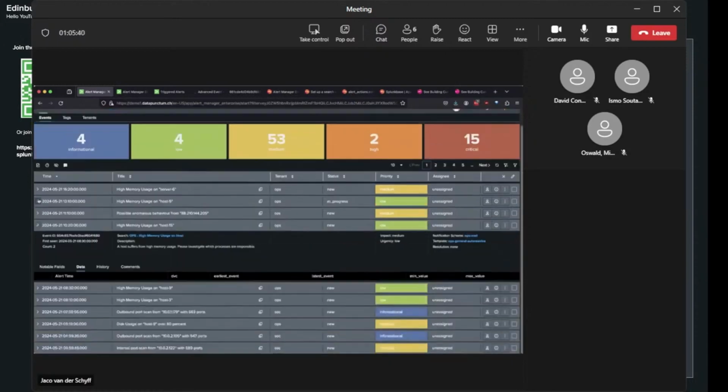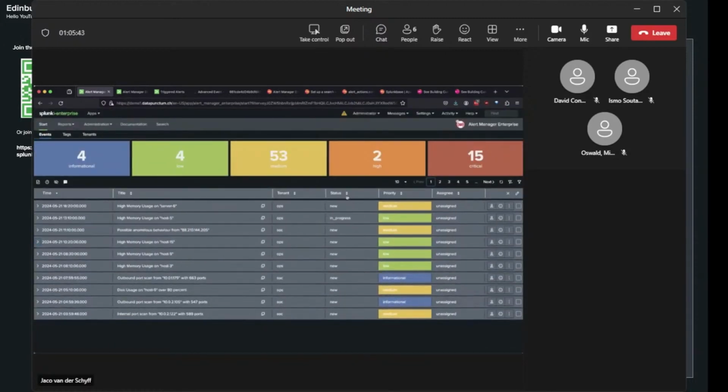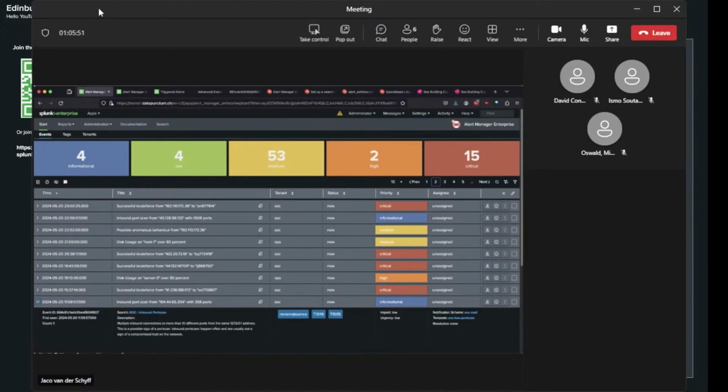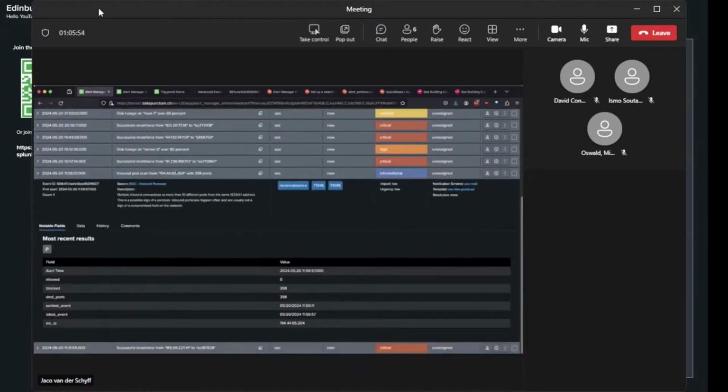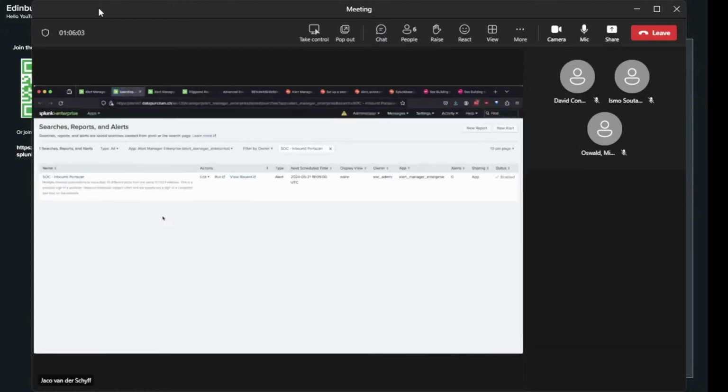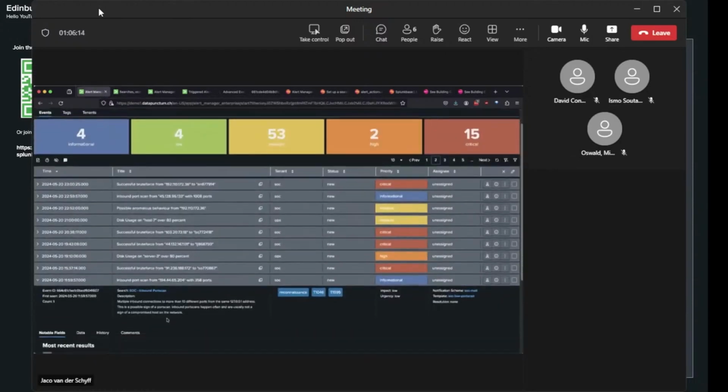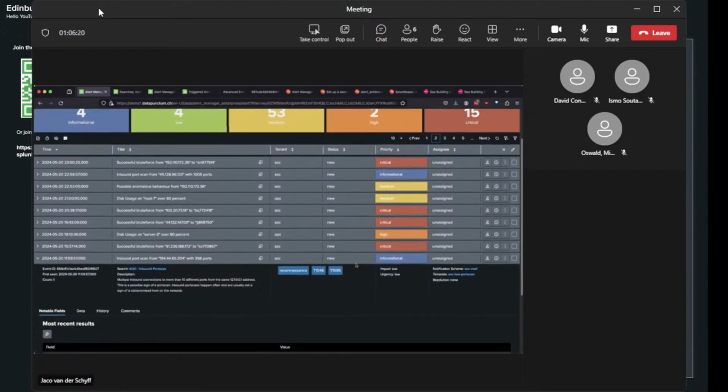Good. So let me quickly again show you this port scan event, and I will show you some additional capabilities of the platform. So let's have a look at this one. Okay, so here we see an inbound port scan event, and important here is the search. Here you can click on the search, and this allows you to pivot back to the search where you set up the alert. I showed you just to go to the settings and do it, but if you were looking at the event, you can also just click on the search, and that will take you back to where the search was set up.